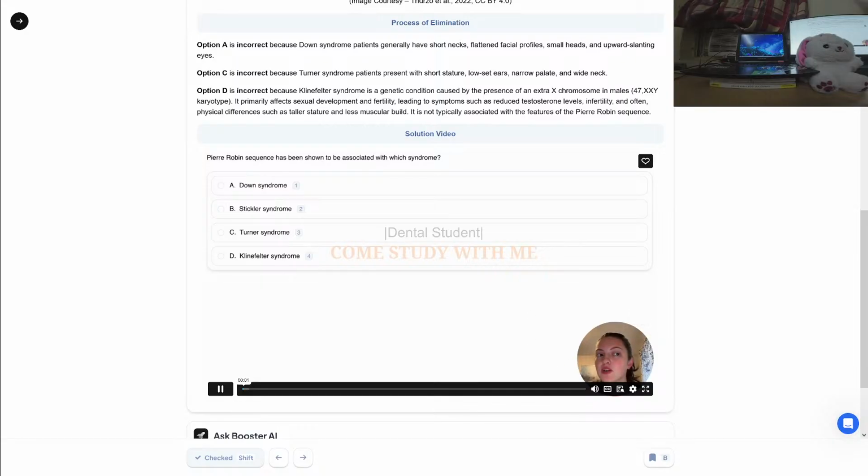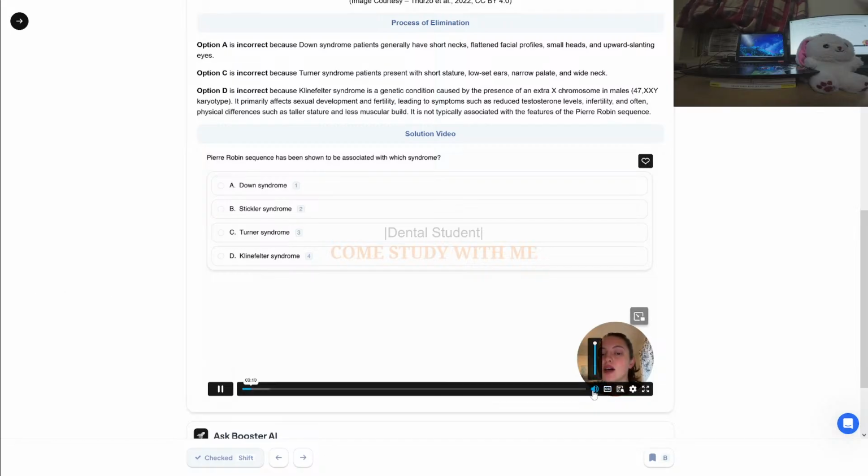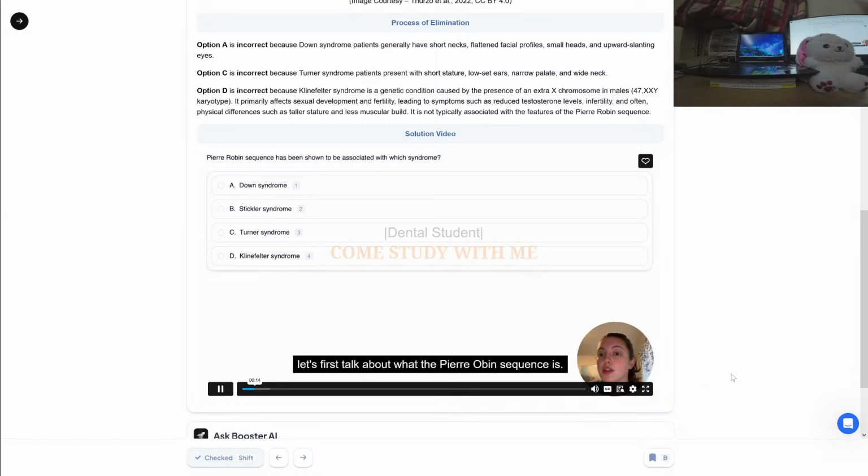The question is asking, Pierre-Robin sequence has been shown to be associated with which syndrome? Down syndrome, Stickler syndrome, Turner syndrome, or Klinefelter syndrome? Now, before we can talk about what syndrome Pierre-Robin sequence is associated with, let's first talk about what the Pierre-Robin